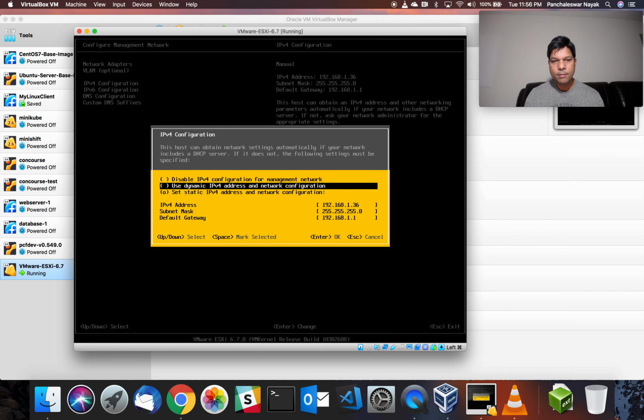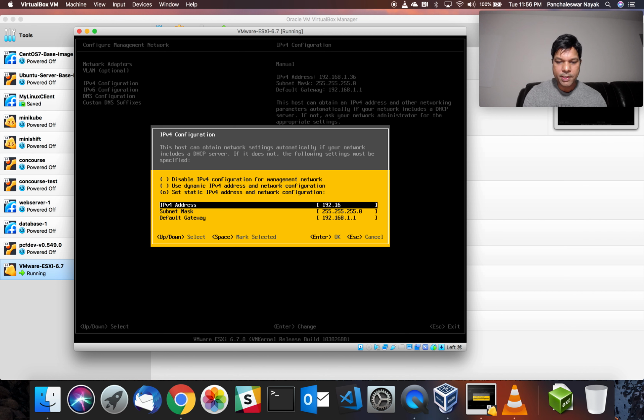Okay, I'm going to set the static, and here 192.168.1. I'm going to create as 4. I have already assigned 213 to some other servers on my environment, so I'm going to give the IP